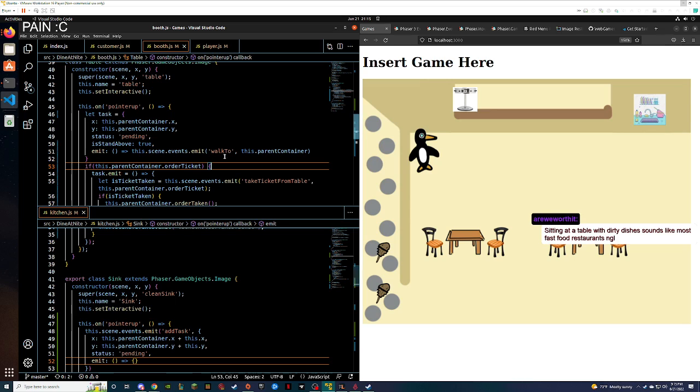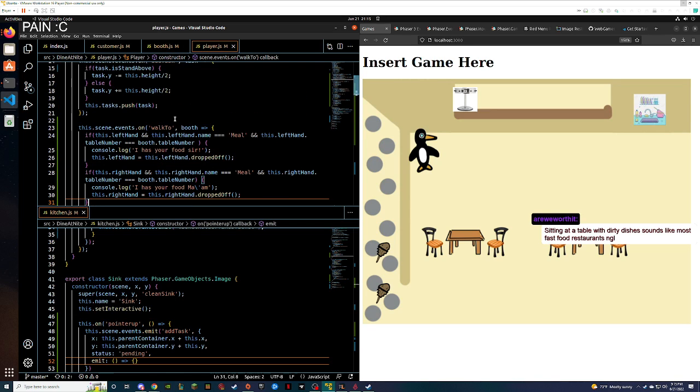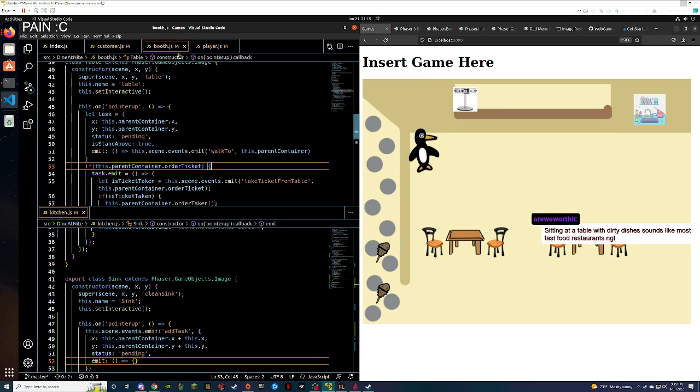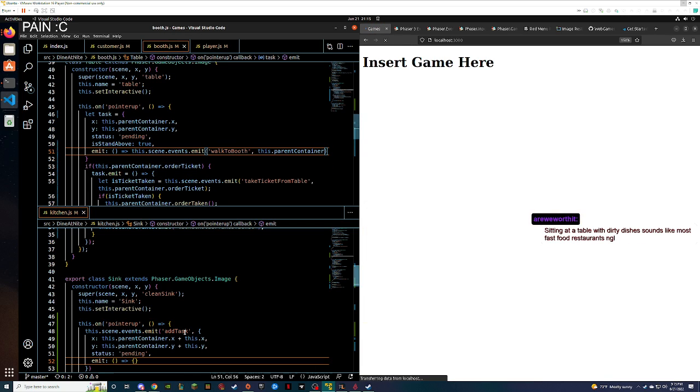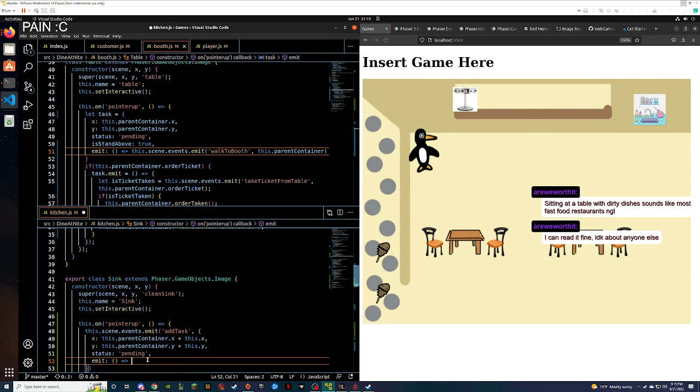Okay, so start walk to booth. We're gonna change this to walk to booth. Walk to booth, completely different things. If anyone can't read it, let me know and I will enlarge it.